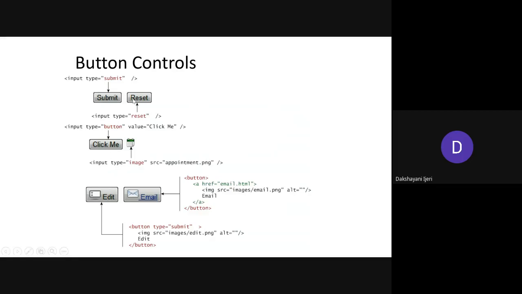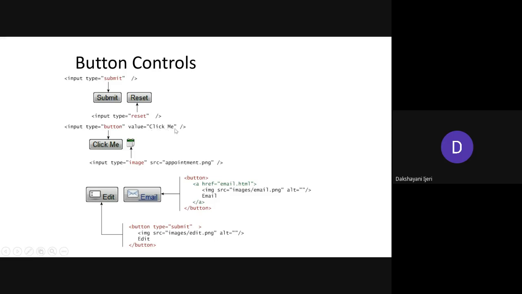This is how it is going to be visible on the form if you take input type is equal to button or input type is equal to reset. As I told you, by default the names of the buttons will be submit or reset in case of type is equal to submit or type is equal to reset. In this case you can see input type is equal to button has been taken with a value attribute as click me. That means whenever you want to create your own button with a name of your choice, you can use type is equal to button, but the attribute to give the name to this button is value, in which you tell what the name of this button should be, that is click me.